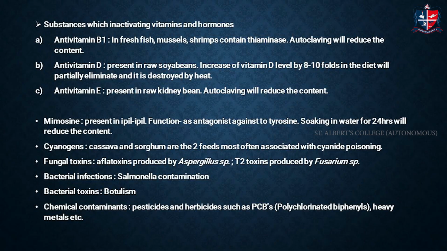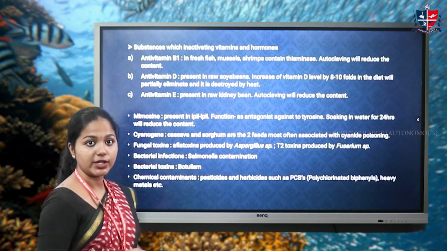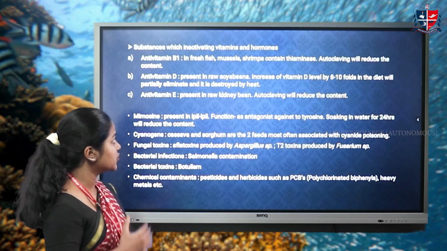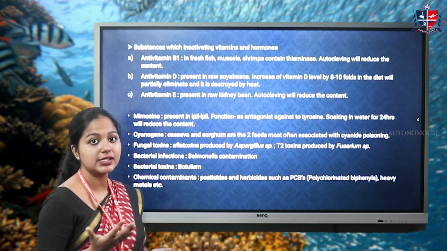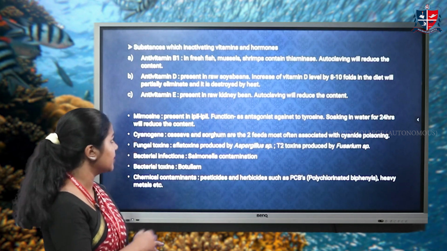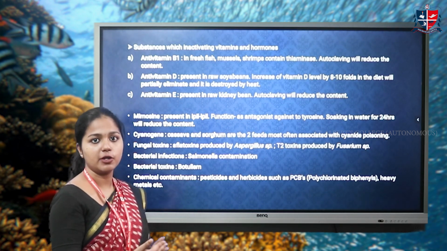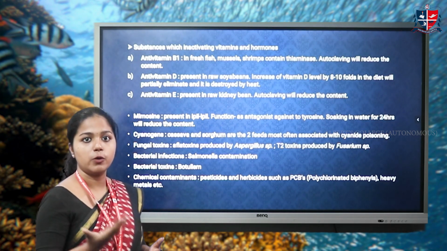And the next one is the substances which inactivate hormones and vitamins. So the first one is anti-vitamin B1. Fresh fish, mussels, and shrimps all contain the thiaminase enzyme. Vitamin B1 is thiamine, and these particular sources contain thiaminase enzyme, and autoclaving can reduce the content. Autoclaving is nothing but a sterilization process which